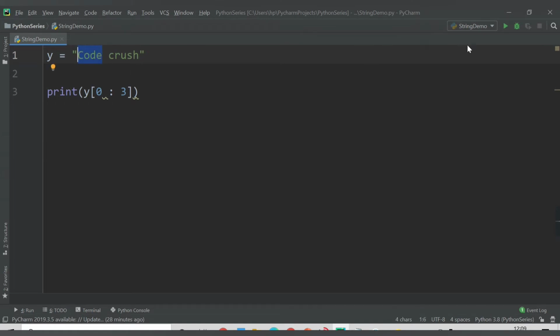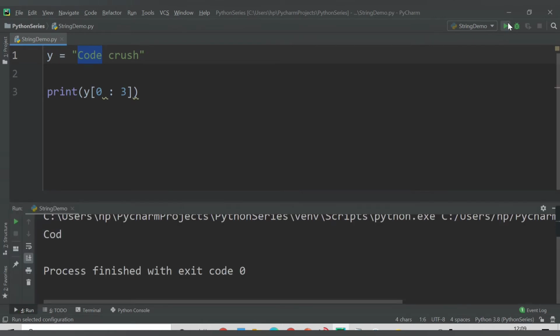Let's check what we get. So see, I am able to get COD. The 0th position is printed, first position is printed, second position is printed, but not the third one. So it means that if you provide here 3, it will not include 3, it will just include up to 2. So this value is excluded.